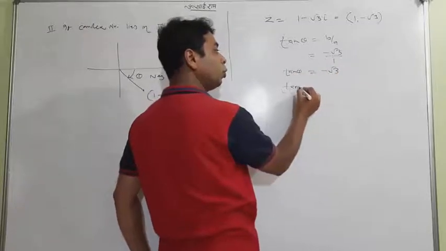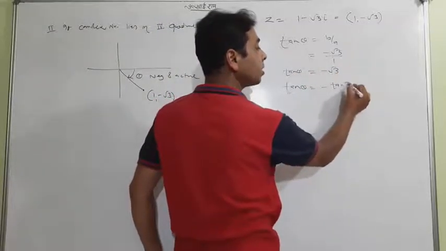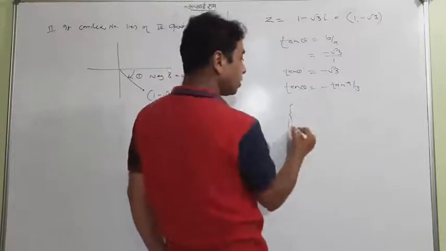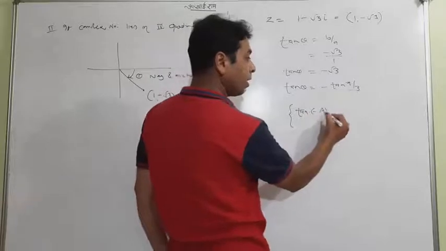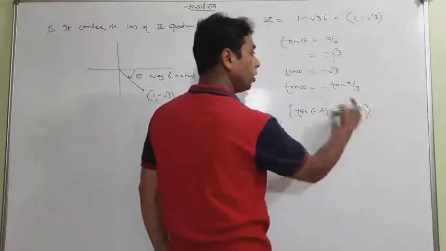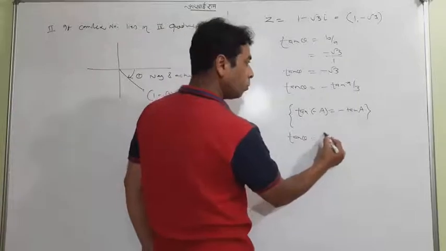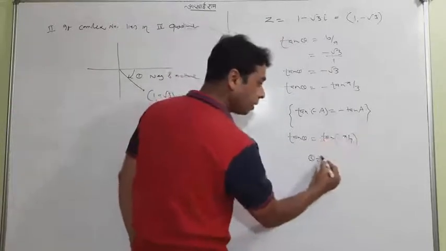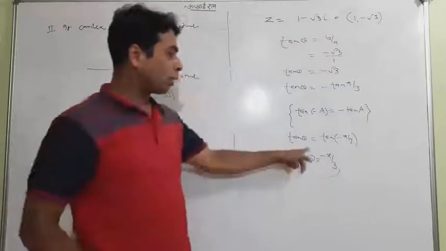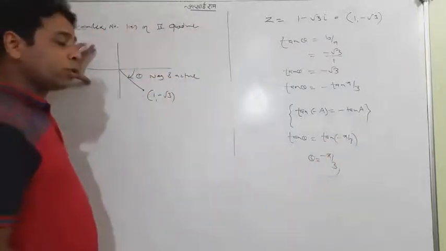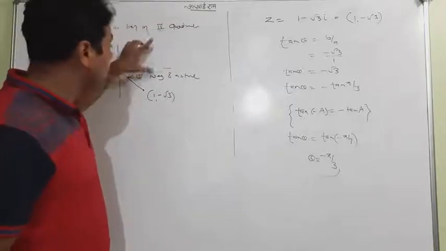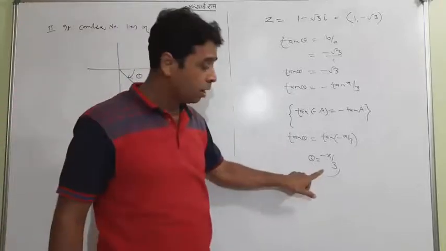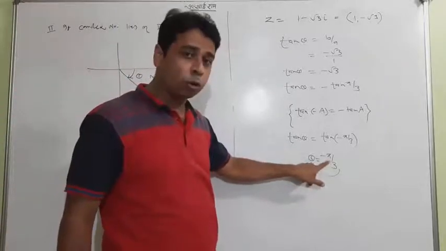So you know what to write? Minus tan 60. So removing the minus sign, I taught you the formula: I use tan minus A is equal to minus tan A. Use it here. So tan theta will be tan of minus pi by 3. And don't say alpha or something like that. Theta will be directly this one. You can compare. So for the second and third quadrant, remember the formula. For the first and fourth quadrant, you don't have to use any formula, but you can get the answer right like that. It is negative and acute also. So this is your answer.